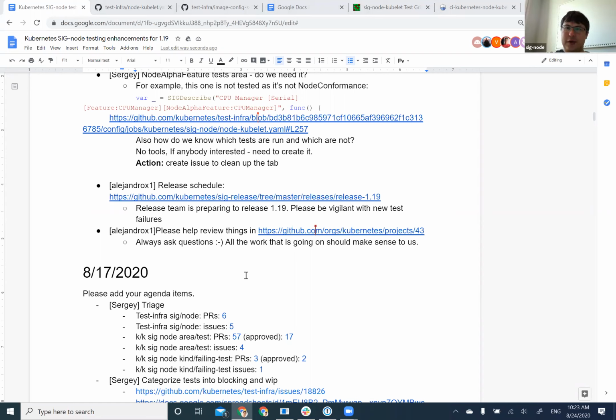So in test-infra, pretty soon we will switch to 1.19 conformance, right? So the only tests we will run for 1.19 are conformance tests. It's not like the whole TestGrid. Is it correct? I need to look at it, but yeah,